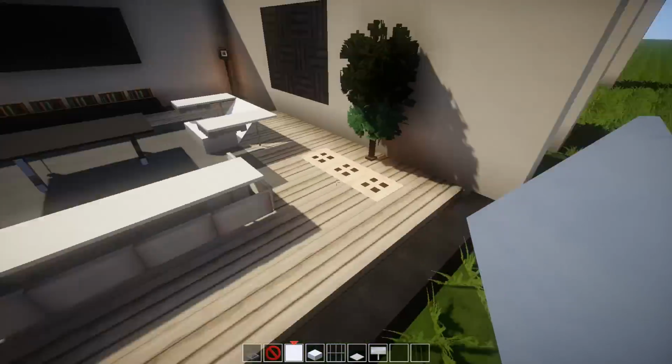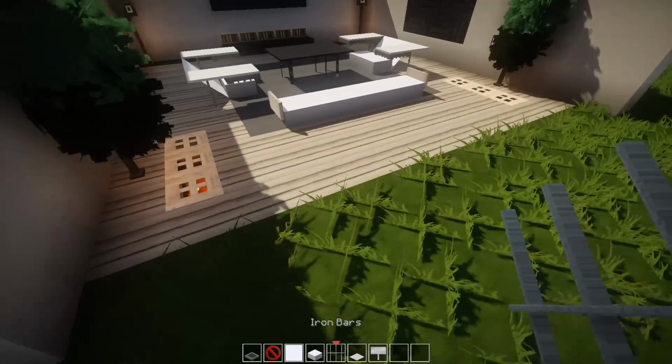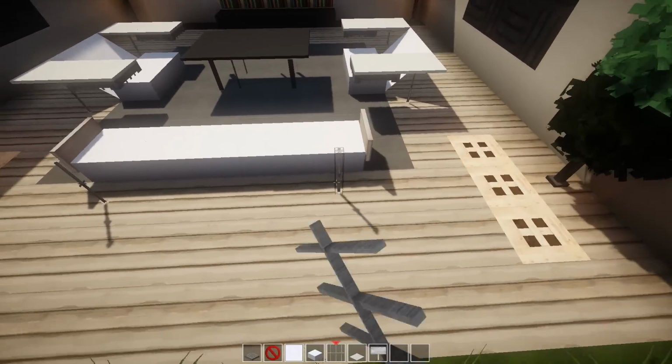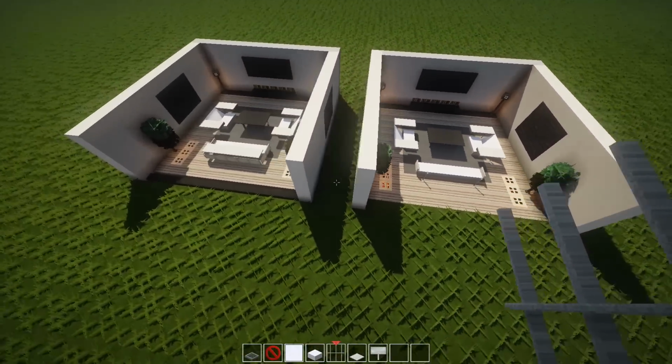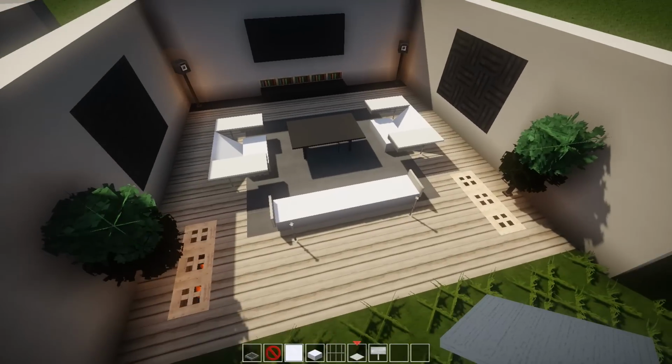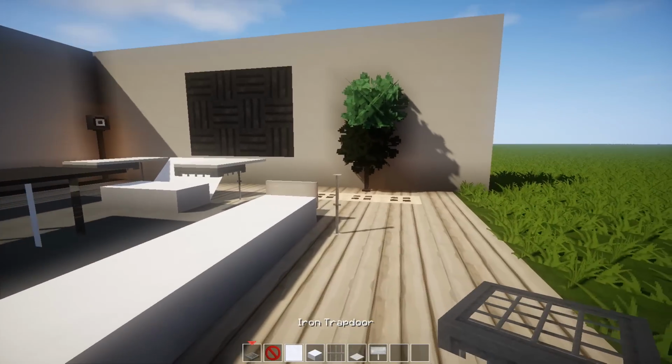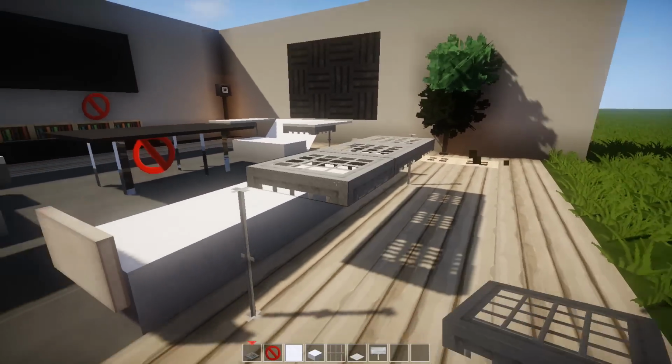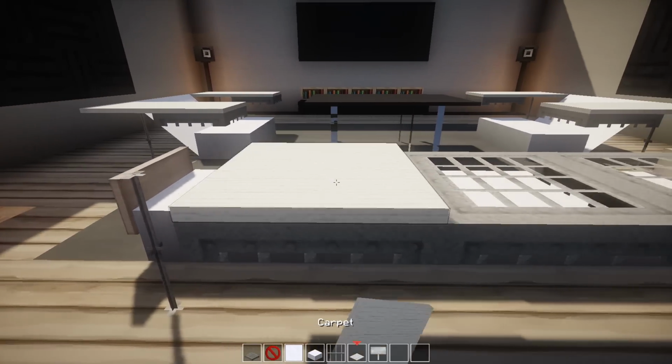I keep telling people this, but really the BCS pack has just changed the Minecraft building community, I guess, when it comes to modern design. And that's simply down to just the fact that, you know, these rails are just so game changing. The amount of just amazing, cool things that you can do with them is actually absolutely phenomenal.